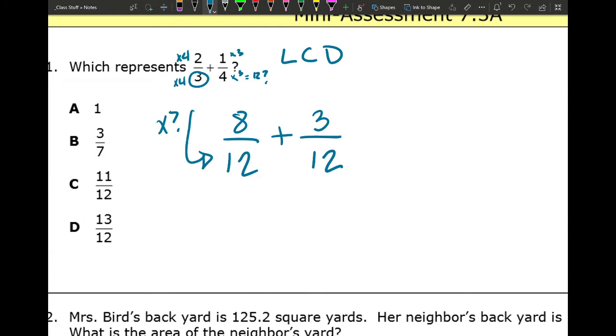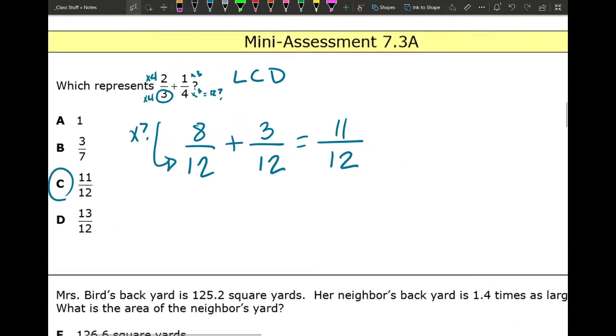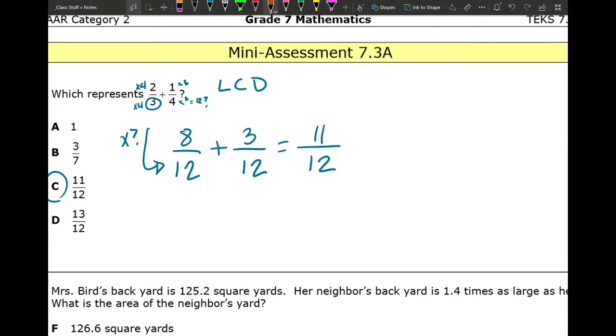Now, all I have to do to add these two fractions is add the tops, the denominator stays the same, and if I can simplify at the end, I will. So my answer, I can't simplify that any further, so my answer is that. Now, the other way to do this question